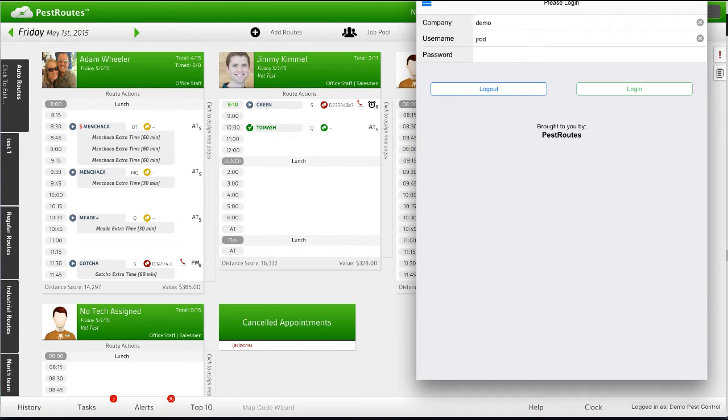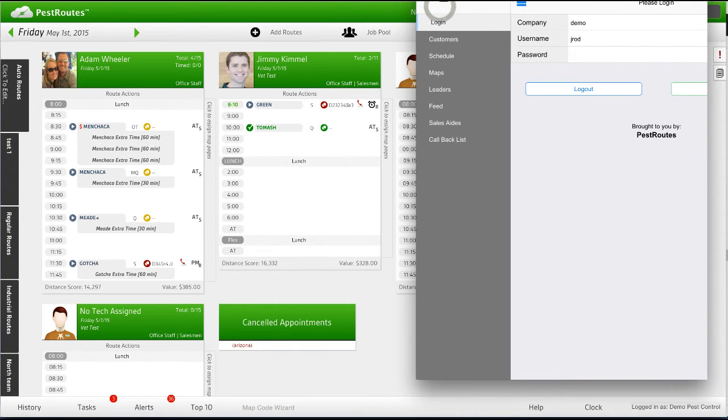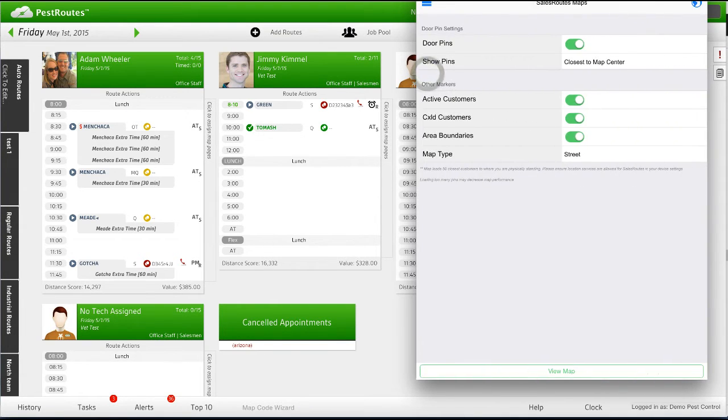The maps functionality in SalesRoutes is really cool. It allows you to not only see your customers on a map, but also to keep track of the areas that you've knocked in and callbacks. So we're just going to open up the menu and click on Maps, and this will show me a little